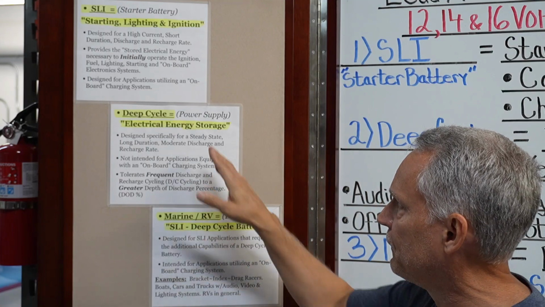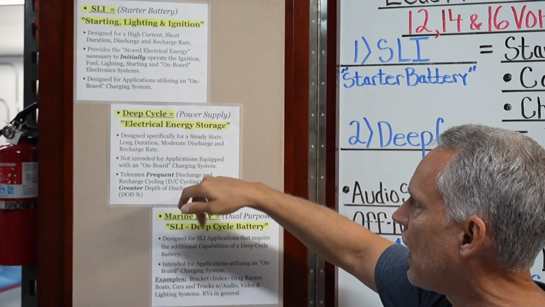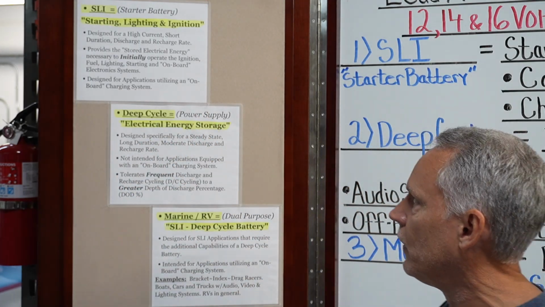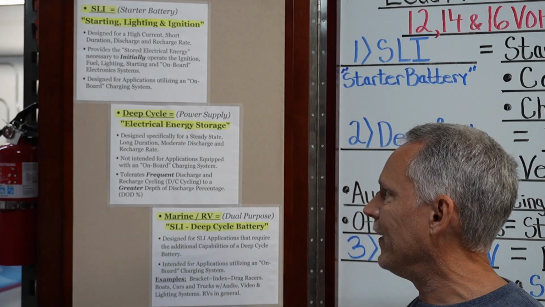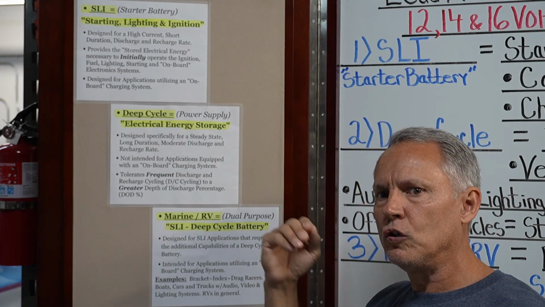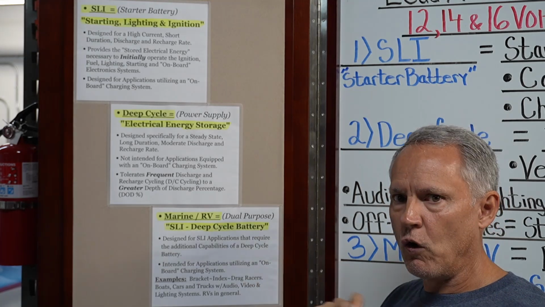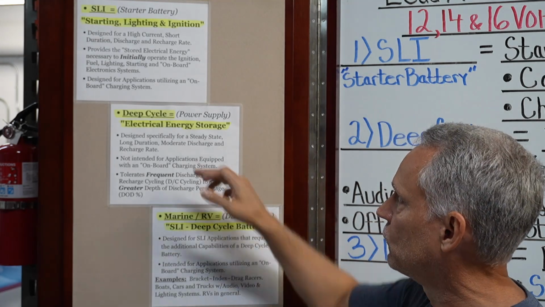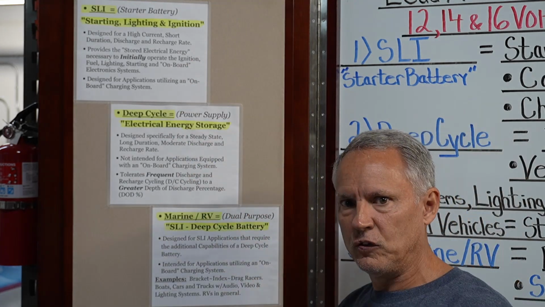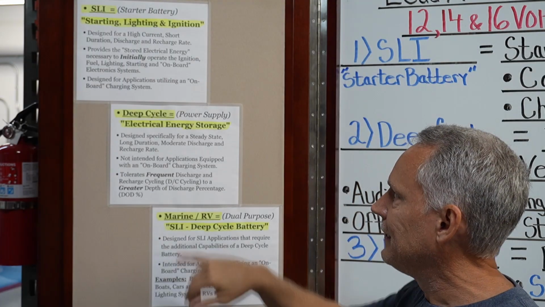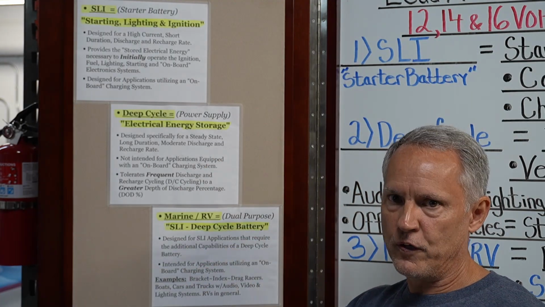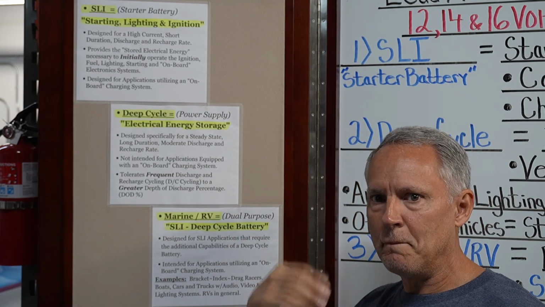Okay, now, a deep cycle battery. Once again, a power supply battery, electrical energy storage. It's designed specifically for a steady state, long duration, moderate discharge, and recharge rate. So instead of like a starter battery where you have a tremendous amount of discharge for a short period of time, it's designed for a long duration, lower discharge amount